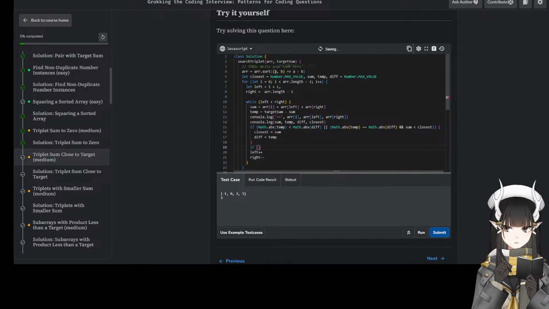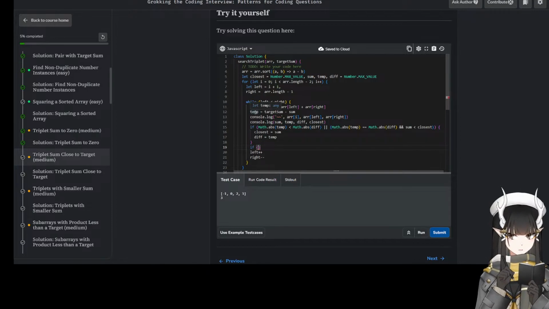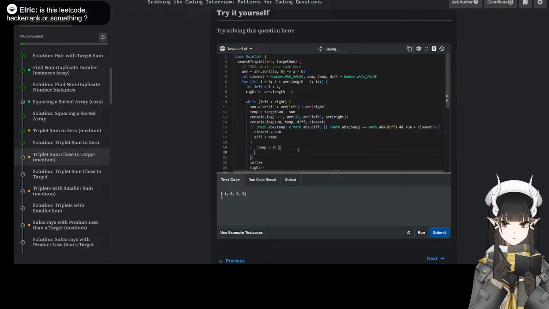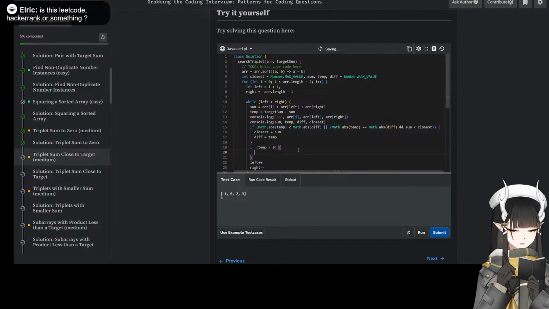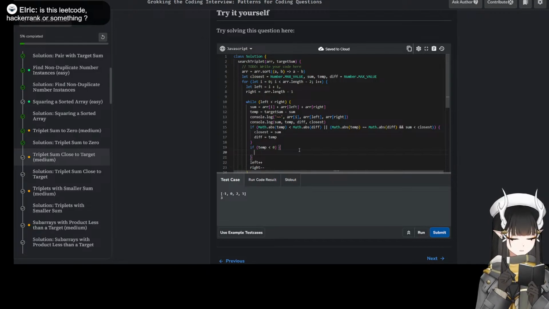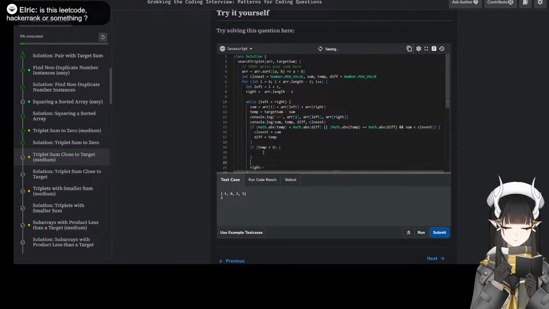Because now this is sorted, if we get a target difference that's a negative number, we increment the left pointer, because left is the smallest value.